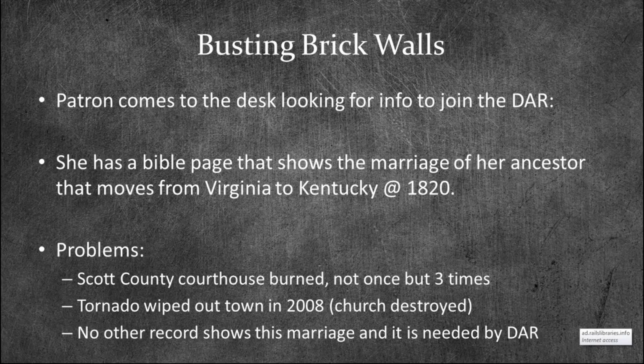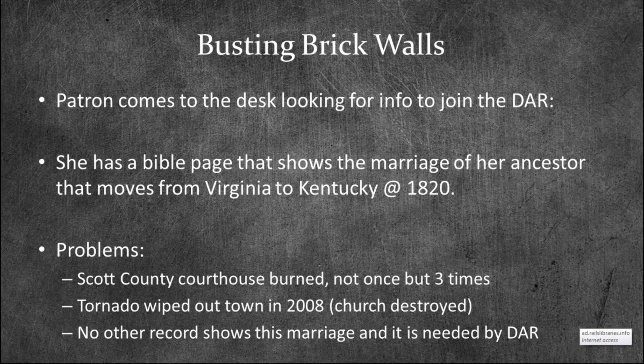Well, she came to me and she says, you come in very high regard. I want to show you a Bible page. And I'm not going to tell you what it is first, but I want you to look at it and tell me what you think. Okay, challenge accepted. I'll take a look at this document. So she pulls out this Bible page, and across the top it says marriages. And in the left-hand column, starting in 1857, there are a series of marriages listed, all in different handwritings, for the descendants of this patriot. The first column on the left gets full, and then they start writing in the right-hand column.